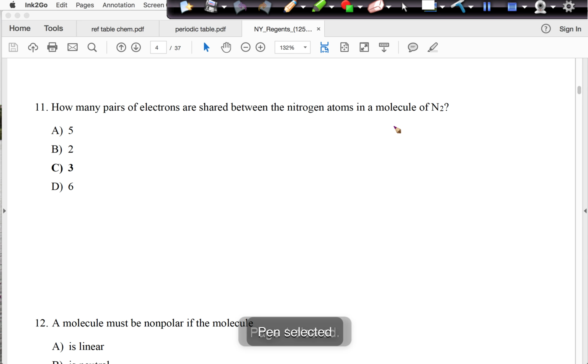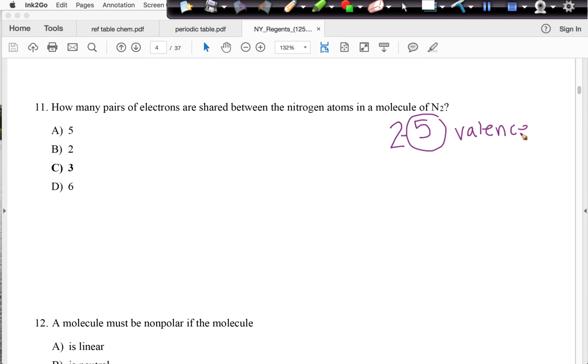So if nitrogen's electron configuration is 2-5, that means it has 5 valence electrons. That means that if 8 is the stable number and it has 5, so we have our happy minus have, that means it has to bond